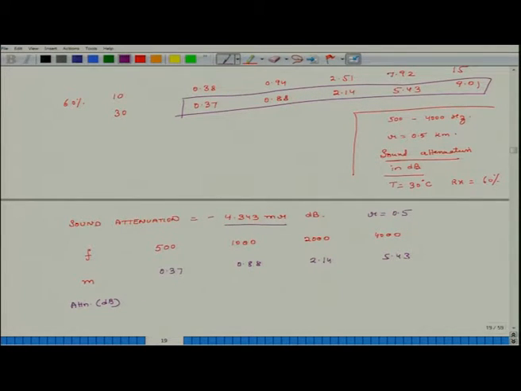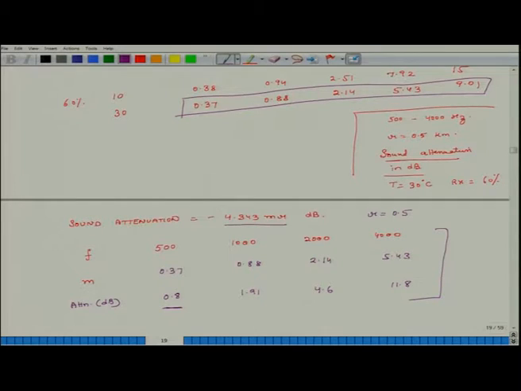Okay. So this is important to understand. So attenuation is 0.8 decibels, 1.91 decibels, 4.6 decibels and 11.8 decibels. So what do you make of it? Essentially what it tells us is that at low frequencies, half a kilometer away, sound does not get dissipated as much. 0.8 decibels is not a lot, okay. But 11.8 decibels at 4000 hertz means that the power has gone down very significantly.